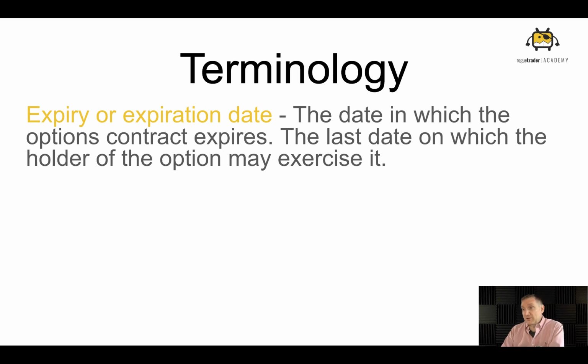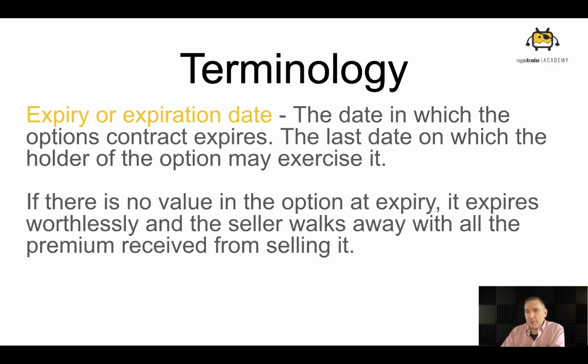If it's not in your favor, you could still exercise it. It just wouldn't make much sense usually. If there's no value in the option at expiry, 99.9% of the time, it's not going to be exercised. The option is worthless. So the seller walks away. They keep all the premium. The buyer also walks away from it. So if I pay $100 for a call and that underlying price doesn't go up enough for me to make it worth it, I'll walk away. You know what? I took my chances. I paid a little bit of money to see if that would work out. It didn't. But I didn't have to buy the underlying. So it's worth it. It was a bet.